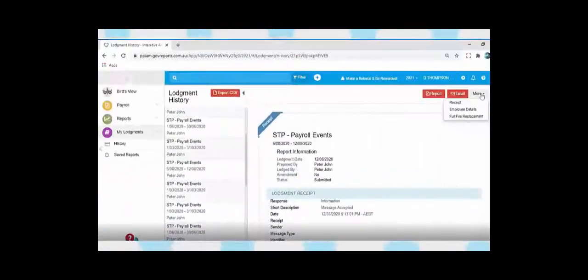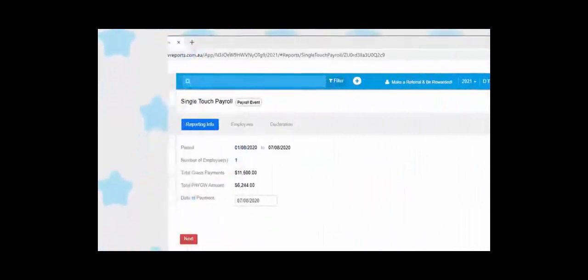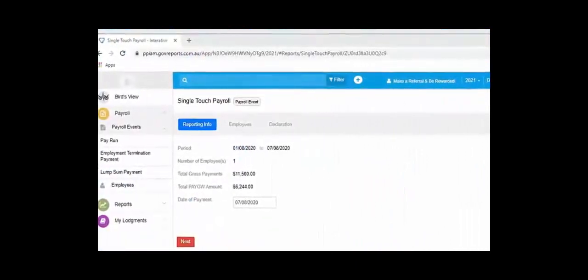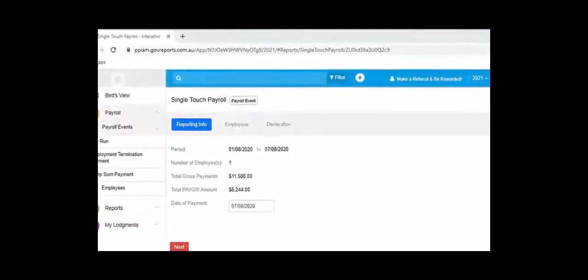Full file replacement. As the name says it all, full file replacement will enable you to completely replace the already lodged STP file, including the latest pay event files after that date. Full file replacement is only recommended if the incorrect lodged STP needs to be adjusted drastically along with the total